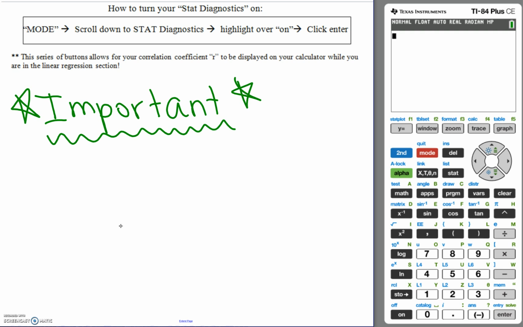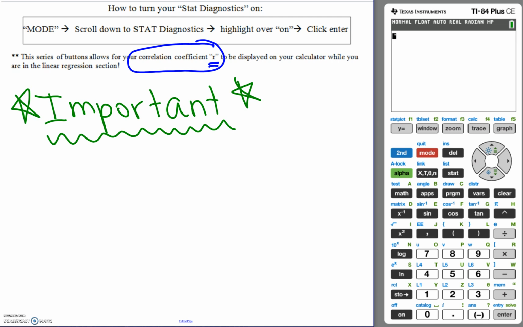By turning your STAT Diagnostics on, when we pull up our linear regression section, we're going to be able to see our correlation coefficient pop up on the screen. And that correlation coefficient, again, is indicated with the letter R. So let's look at the next example now that we turned our